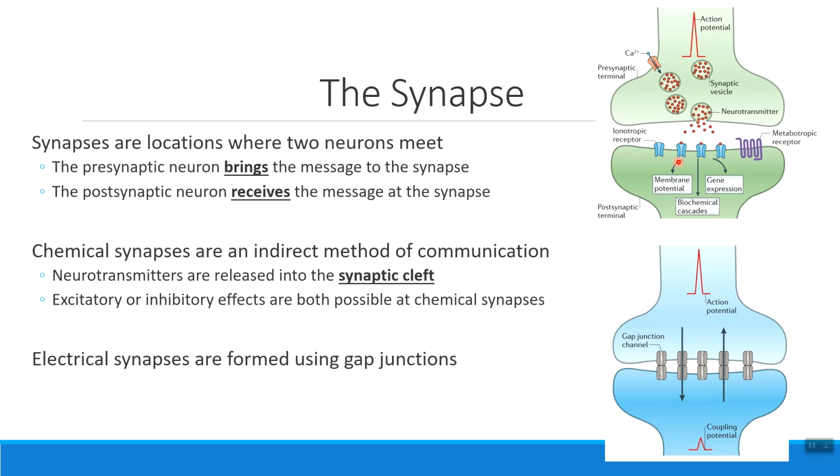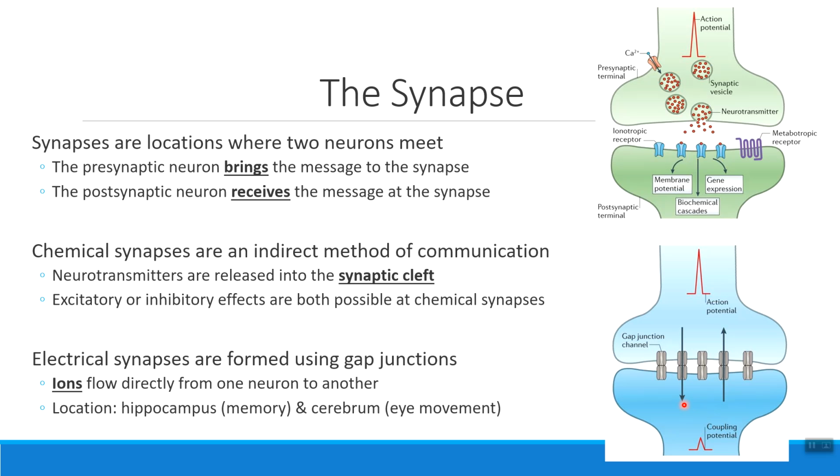The other kind of synapse that our neurons use to communicate with each other are electrical synapses. And when we talk about an electrical synapse, these are formed with something called a gap junction. And it's been a while since we talked about cell junctions, but I want to remind you that a gap junction is literally a connection or a channel from one neuron to another neuron. So ions that I find in my presynaptic neuron literally travel through the tunnel into my postsynaptic neuron. Because these neurons are connected to each other, this is going to be a more direct